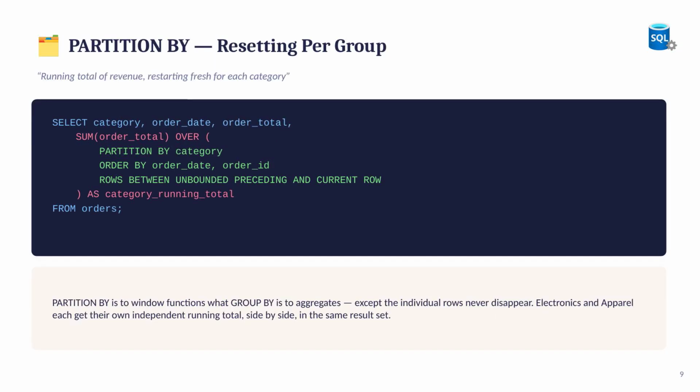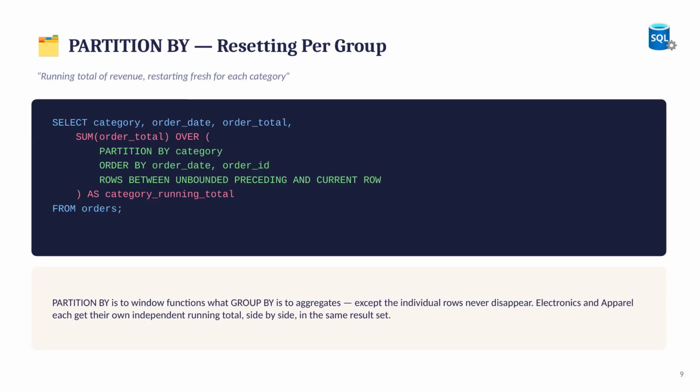Partition by deserves its own moment, because it's what lets a window function reset per group. The request here: a running total of revenue restarting fresh for each category. We add partition by category alongside the order by and the explicit rows frame we just covered. Partition by is to window functions what group by is to aggregate functions, except the individual rows never disappear. Electronics and apparel each get their own completely independent running total, calculated side by side, in the very same result